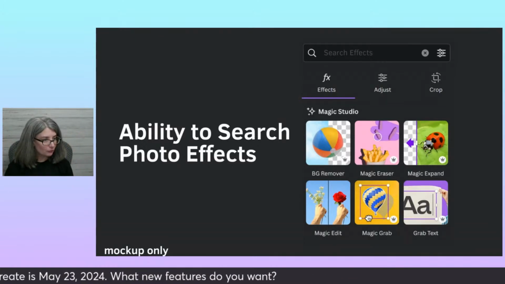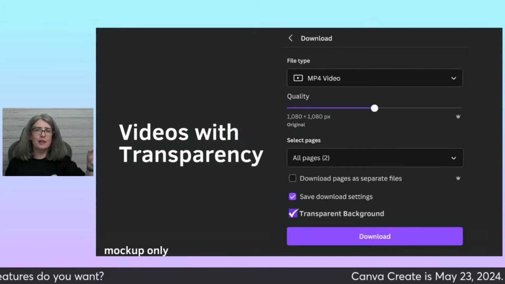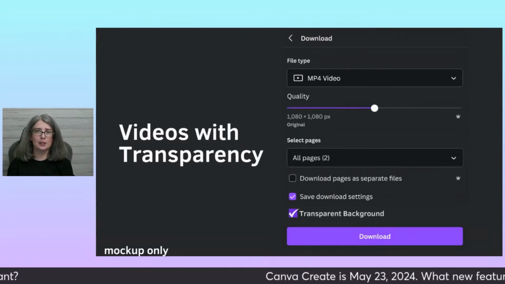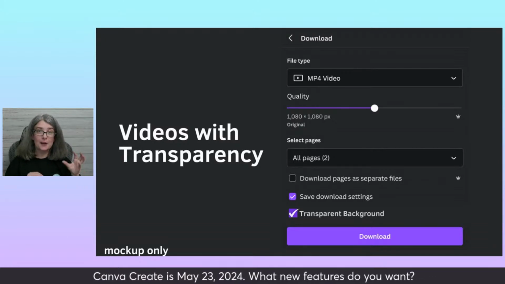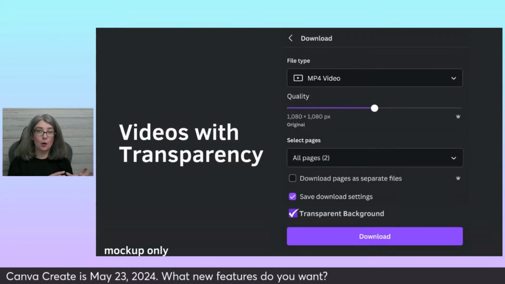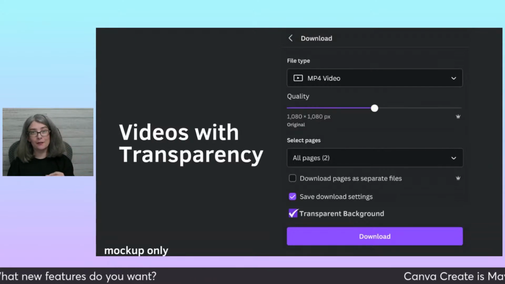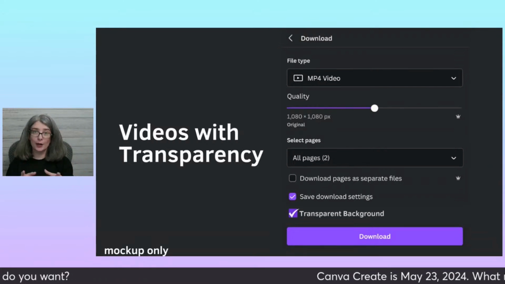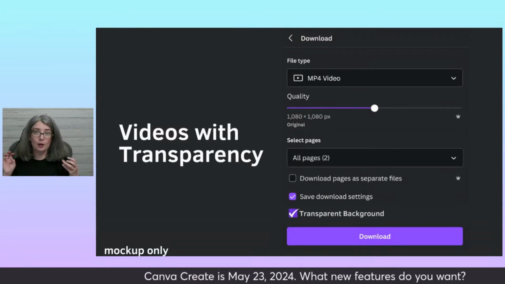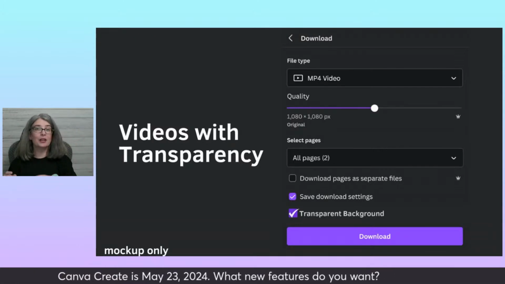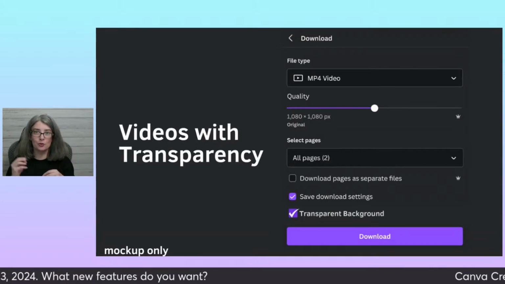Thing number 2, I would love to be able to download videos with a transparent background. I think this would be fantastic for creating lower thirds, text animations, or anything that would give your videos, especially if you're creating content in an external video editor, a little more pizzazz without having to upload that video into Canva to add those effects.